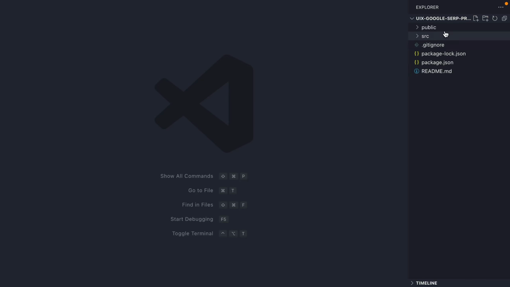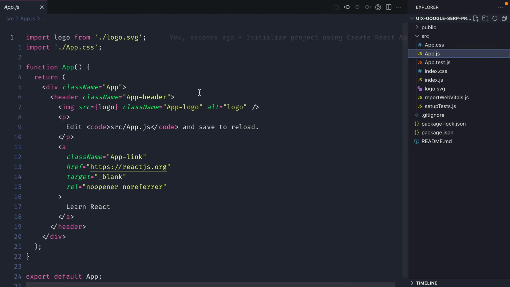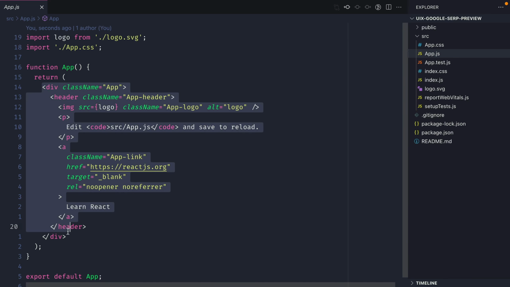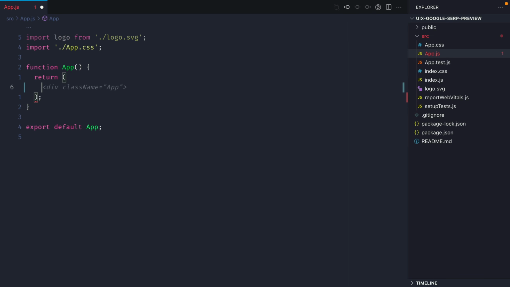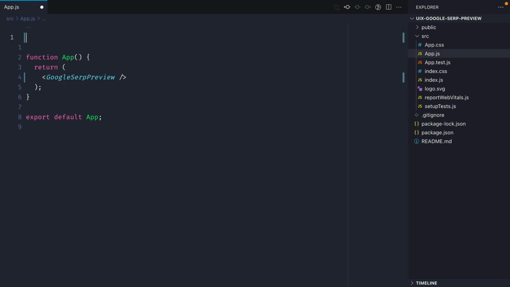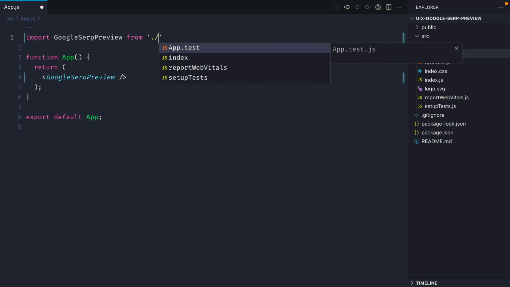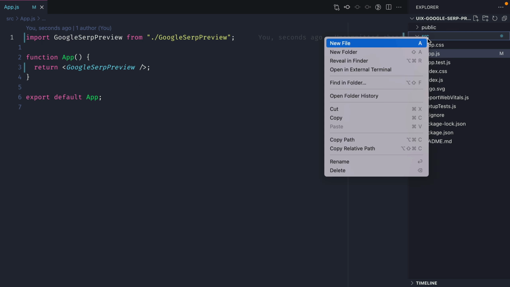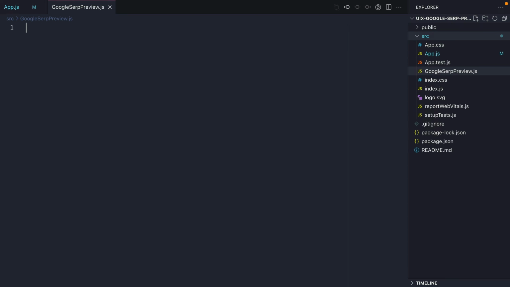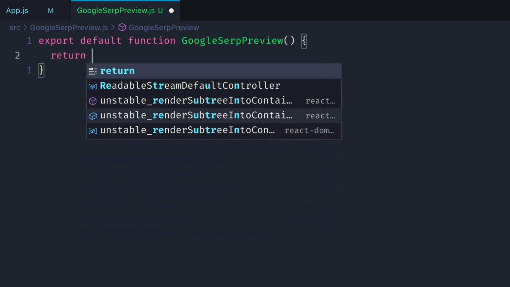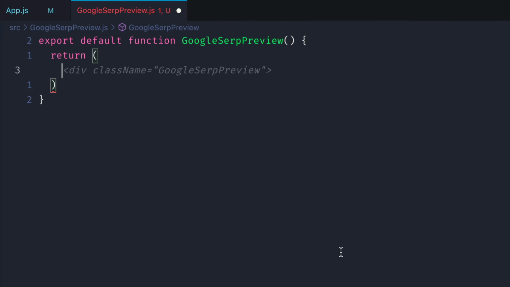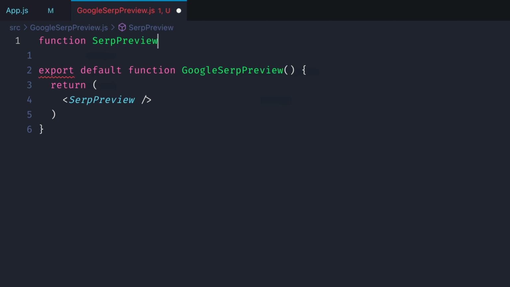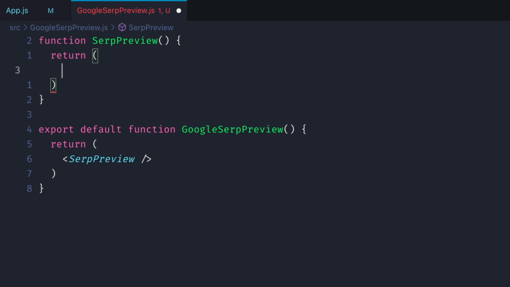Now inside of my code editor, I'm going to open the main app.js file. I'm not really too concerned what is in this file. At the moment, I just want to return a new component that we'll use for the basis of this UI extension. This component doesn't exist, but we'll import it from the same directory that we are in currently, and we'll go ahead and create that and export a default function from that file. So I'm just going to give this a name of GoogleSERPPreview.js, and inside of here we can export a default function. Also inside of this file, we'll create a function called SERPPreview, and this will just return